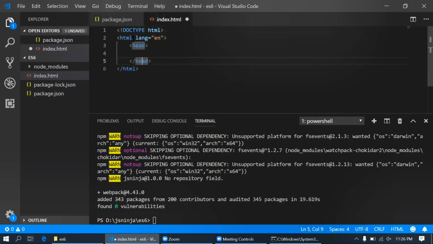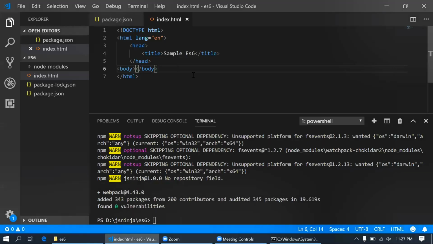Then head, and the title here: our sample app or sample ES6. Here goes the body. Inside body you can keep whatever you want to display.